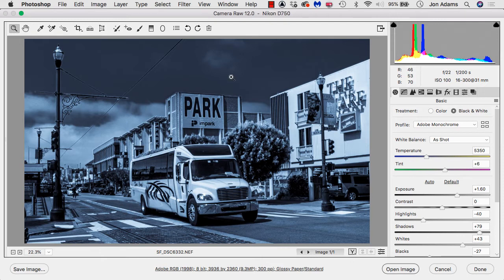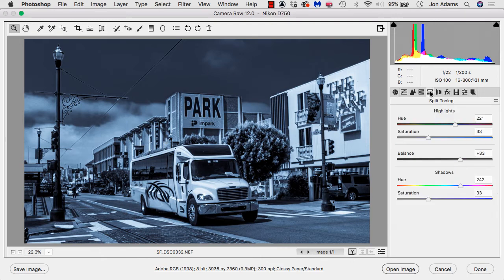So in this instance, with the black and white conversion made, I'm going to go to the split toning tab because that's where all the work can be done in a raw converter. So what we've got is hue for the highlights, hue for the shadows, and saturation for both, and a balance slider. All I'm going to do is take the saturation out of both of those, and we go back to a